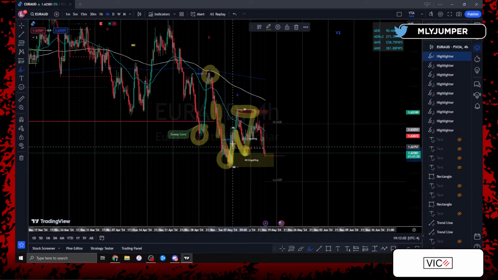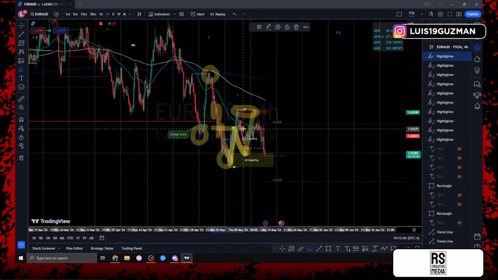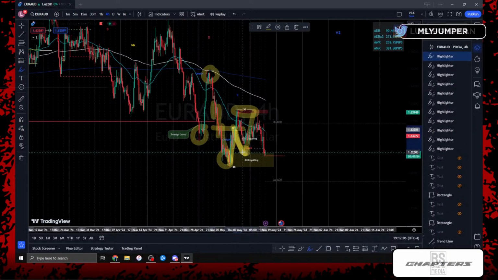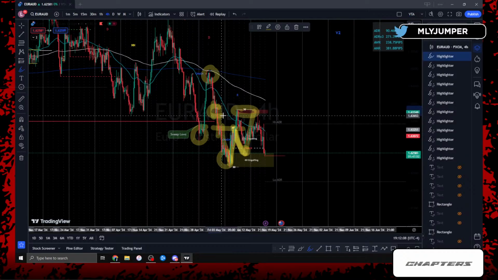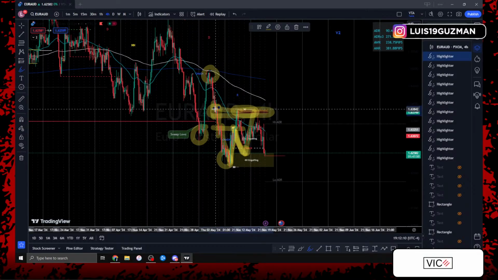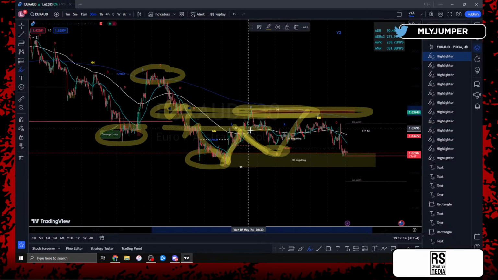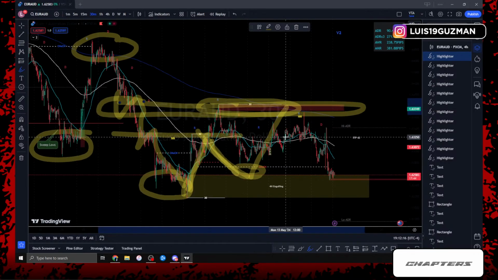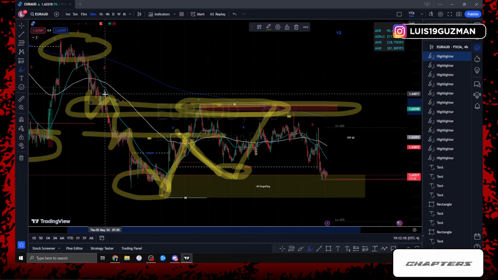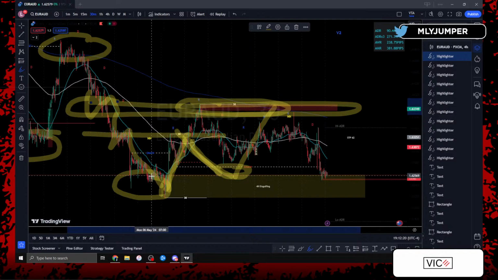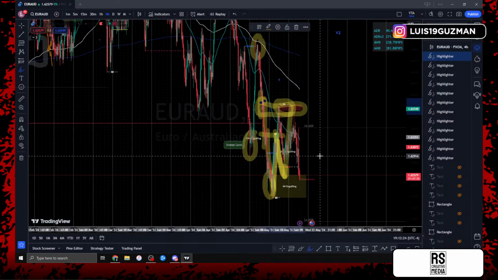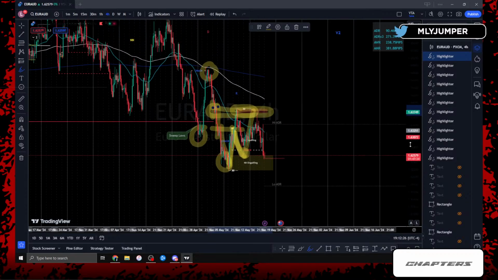Once price gave us this change of character, broke above, if we would have gotten a pullback from here down, we know that our next high is going to be here. Just looking at this in the 4-hour, but it looks the same. If we want to go to the 30-minute, we could compare that too. It's the same thing. I'm just looking at structure. We had lower low, lower high, price went down, lower low, lower high, price went down, lower low. So the fact that price already gave us that lower high, the fact that price is here now